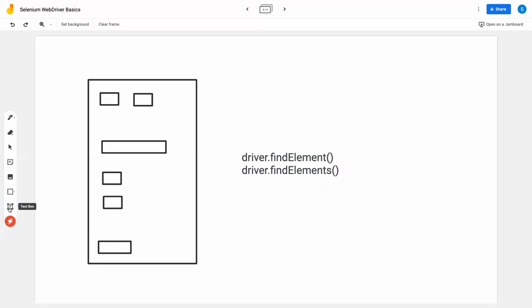Now, what is a list? I'll not go into a deep dive about the list as a Java concept, but just to keep it simple and short, it's basically an interface, a child interface of the collection interface.